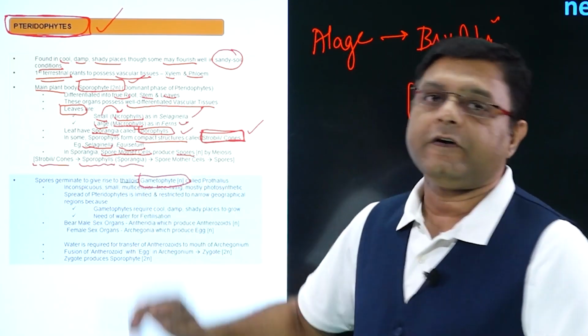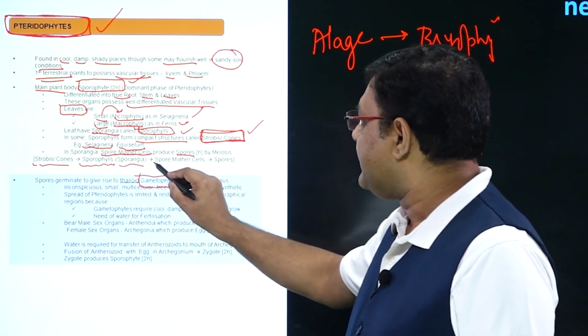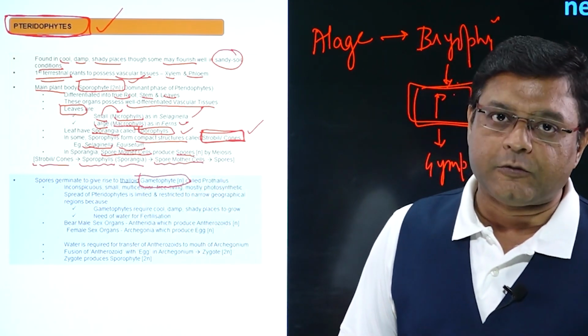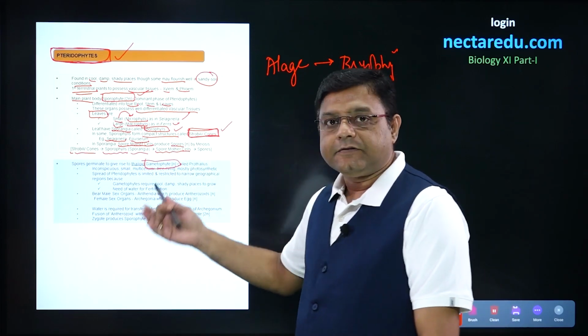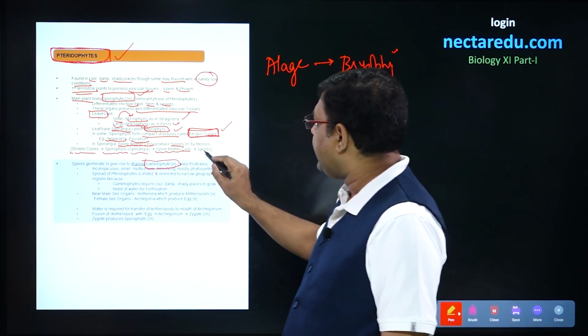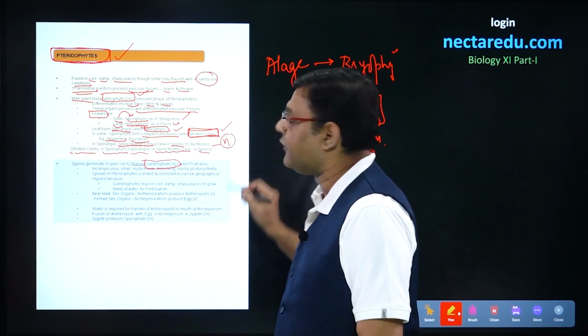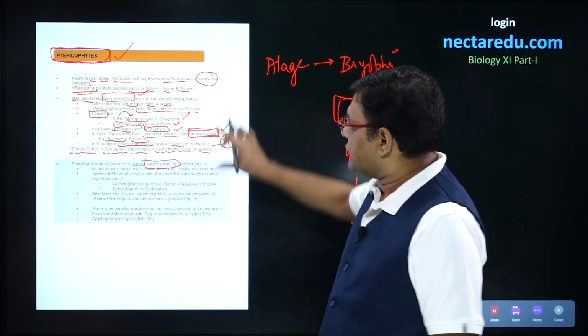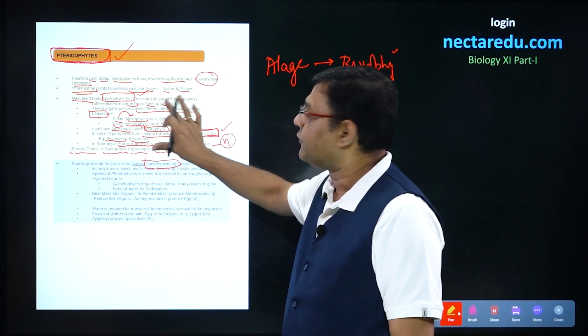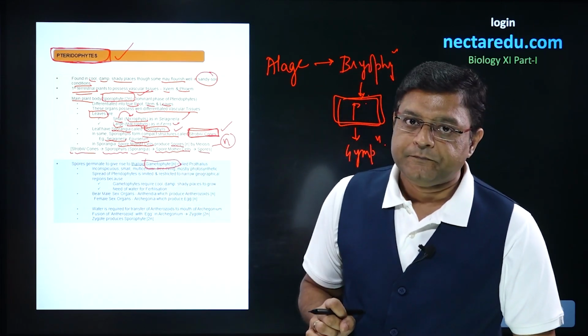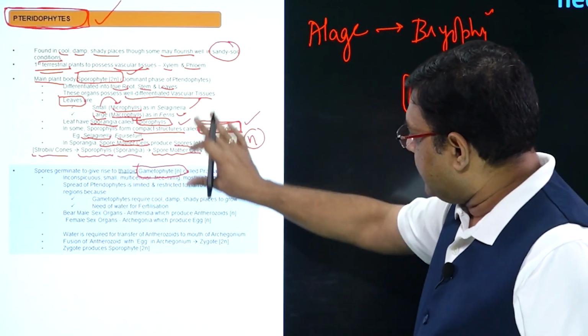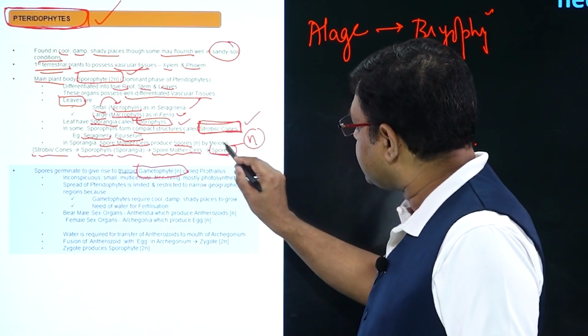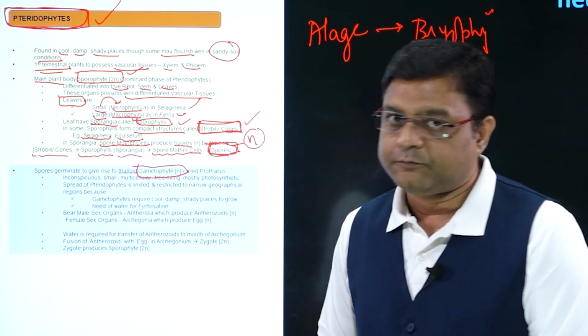Inside these sporophylls or sporangia, there will be cells which will be called spore mother cells. Now, in these cells, meiosis will occur, and it will result in the formation of haploid spores. So this is actually the sporophyte phase of pteridophytes. Now, in this phase, the last thing which was formed was spores.